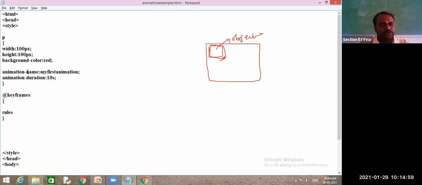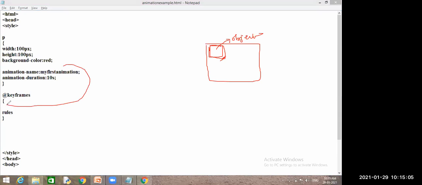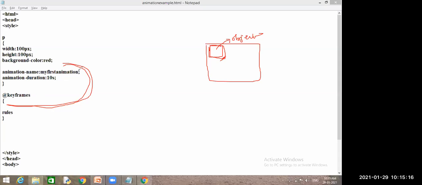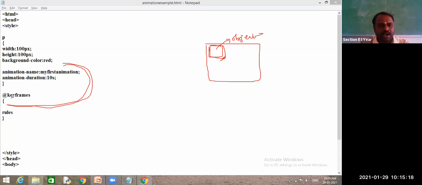Right now, did you give any link between these two objects? Do you have any link between these two? Did you give any link? No, sir. How will this link be established? Following these keyframes, I need to give a name of animation.